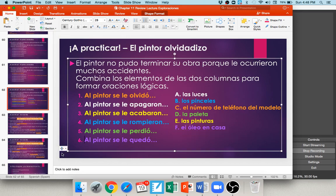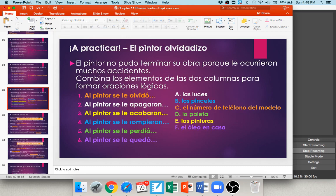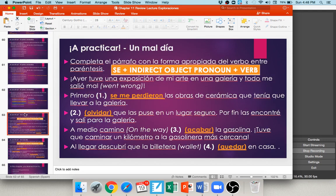I mostly just want you to make sure you understand this indirect object pronoun le agrees with the person to whom the accident is happening, and the verb agrees with the noun, whatever is getting forgotten or whatever they're running out of or whatever is broken. Okay, so